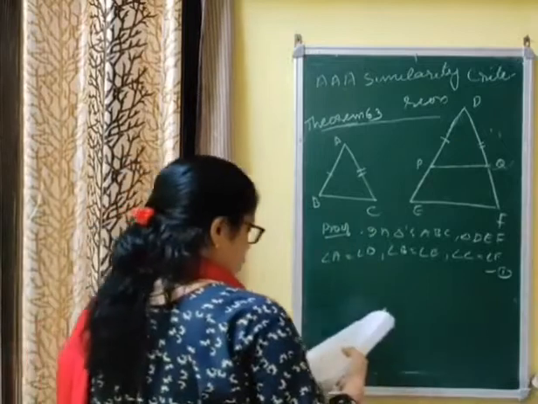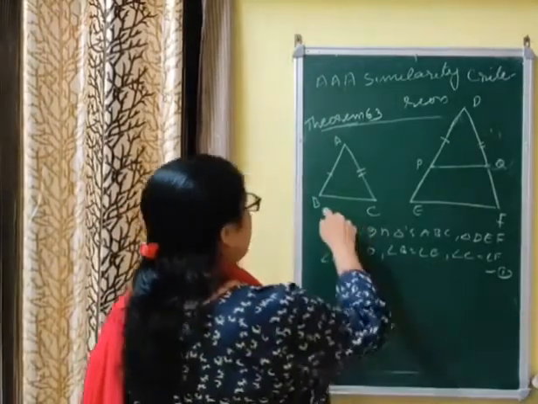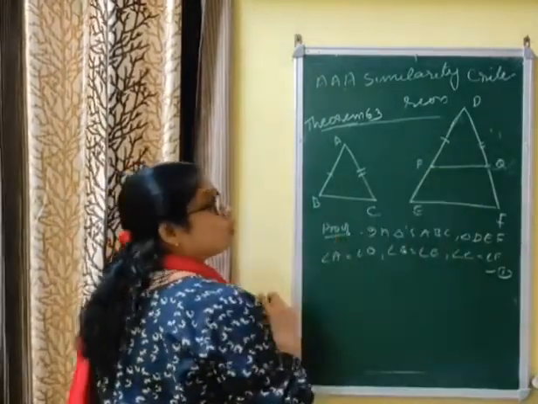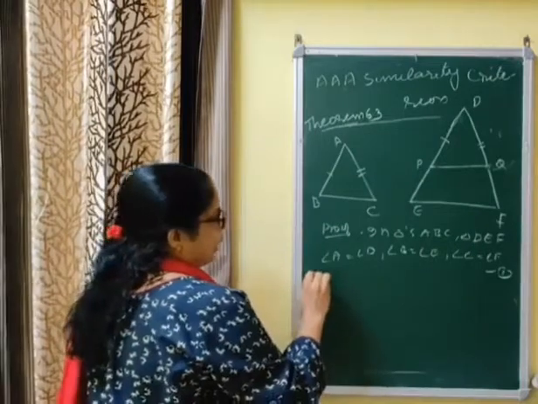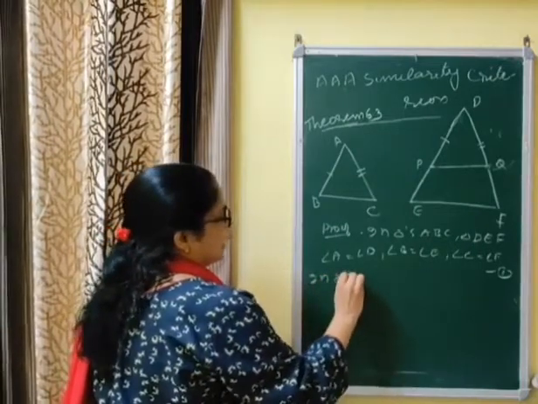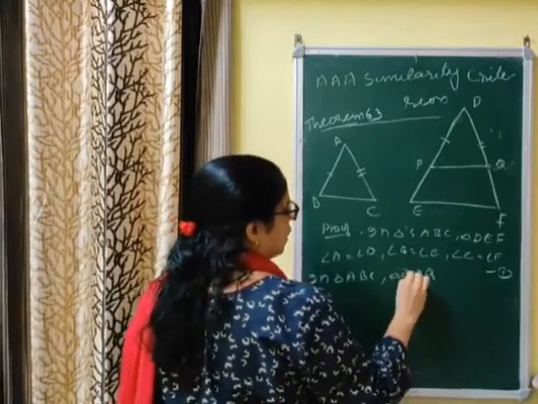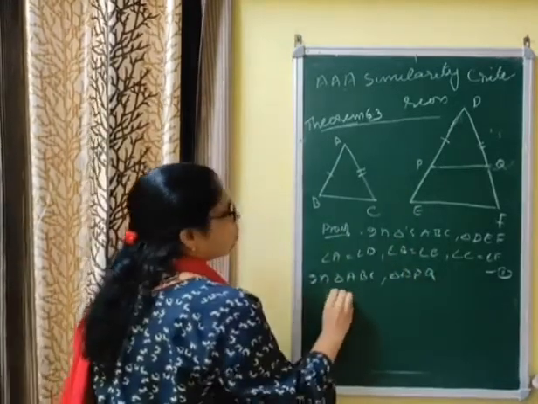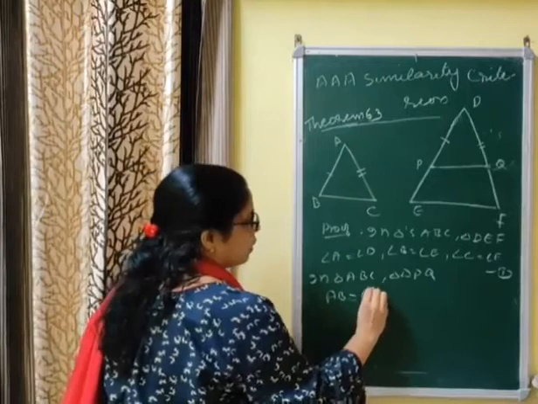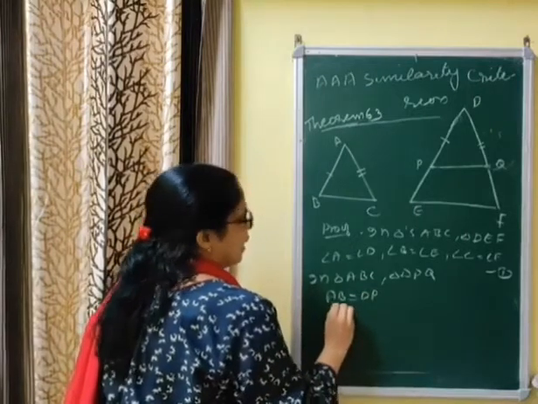Now, first of all, what we are going to prove? We are going to prove triangle ABC is congruent to triangle DPQ. Now, in triangle ABC and triangle DPQ, see carefully, AB is equal to DP and AC is equal